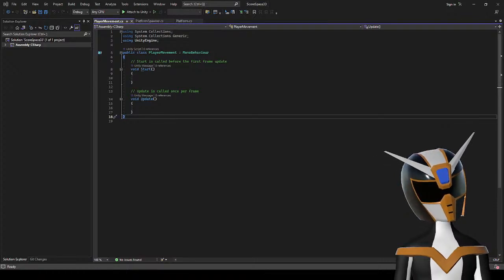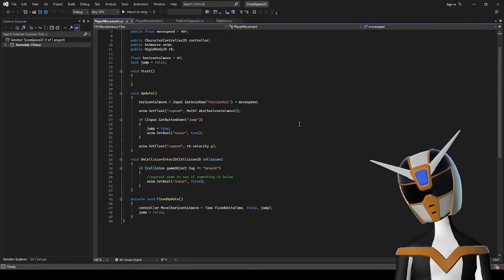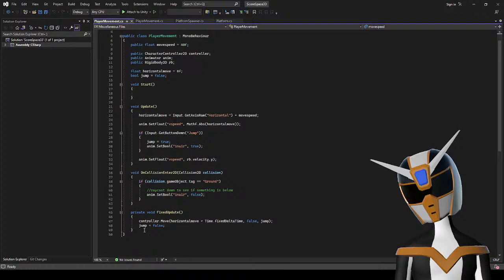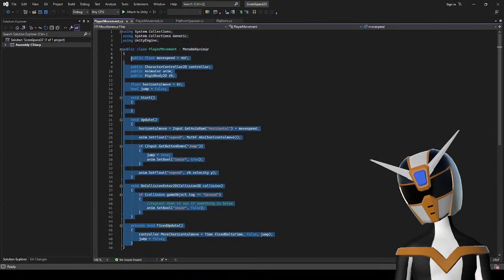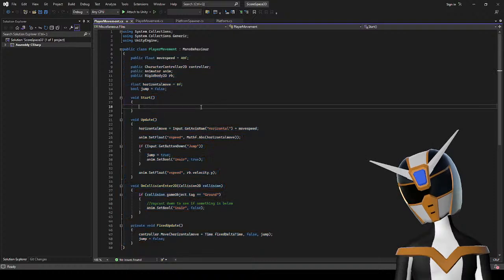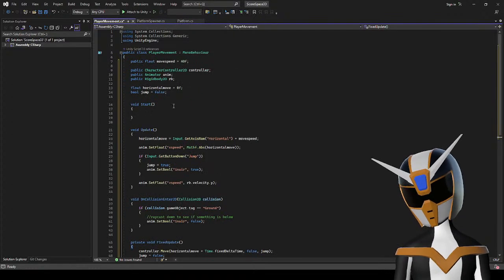And then player movement. Yeah, I think I can just copy this over for the most part, and then just change a few things here and there. I could have just dragged that into the project, I guess, but whatever.